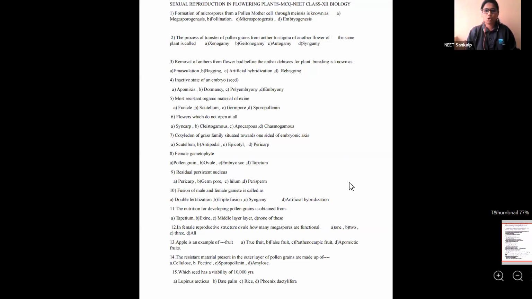Radhika answered it as option D. So the process of transfer of pollen grain from anther to stigma of another flower of the same plant is called geitonogamy. That is, option B is the right answer. Xenogamy is the process of transfer of pollen grains from a flower to a flower of another plant of the same species. That is xenogamy. Third question goes like this: